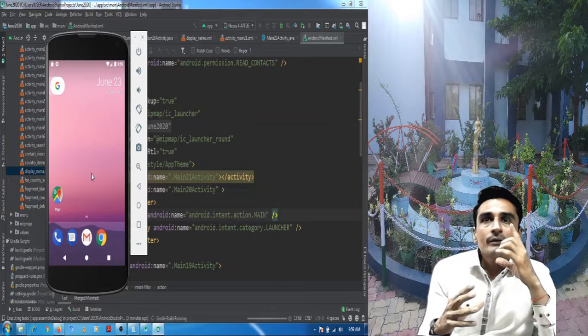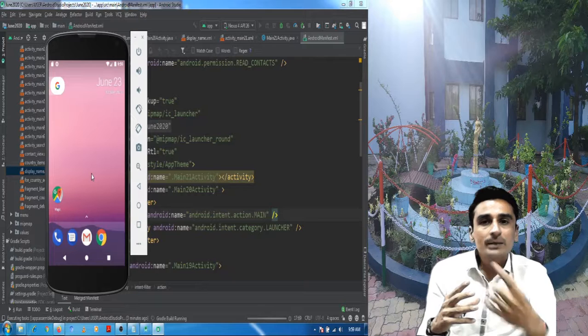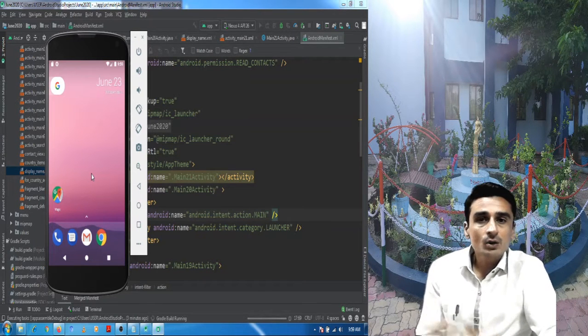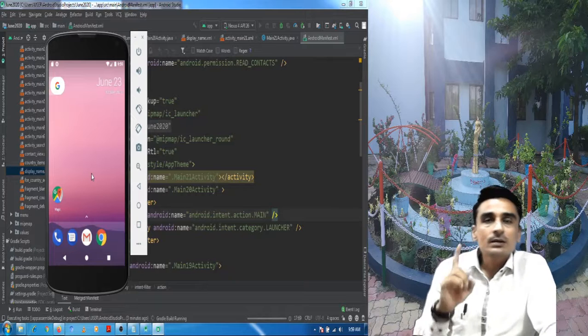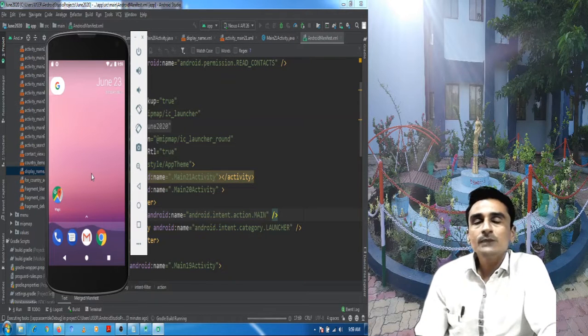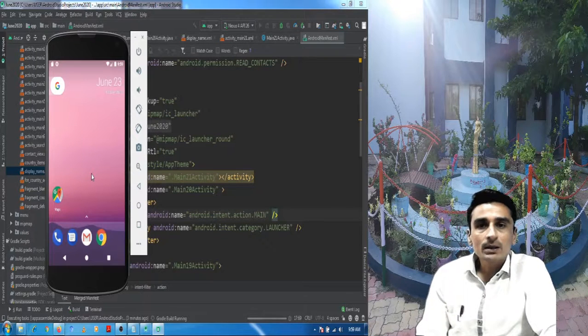Okay, we will define one menu in our application, and in that menu we will provide one option for adding a contact, and when the client selects add contact from the options menu, we will present the client a dialog box in which we will prompt him or her for entering contact name and contact number.